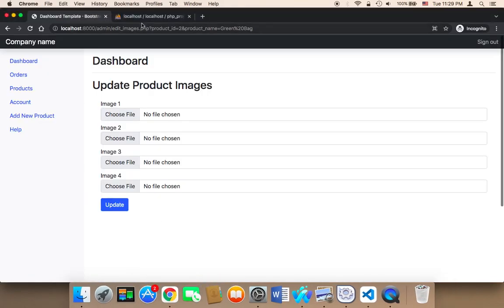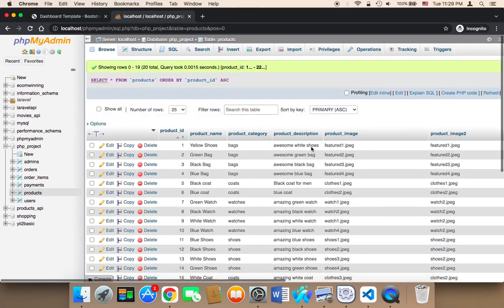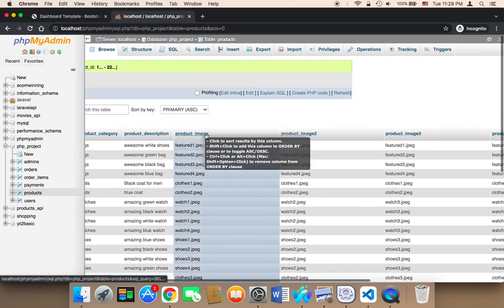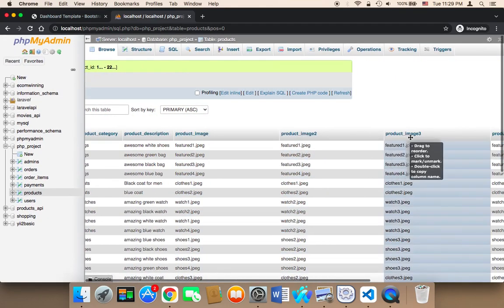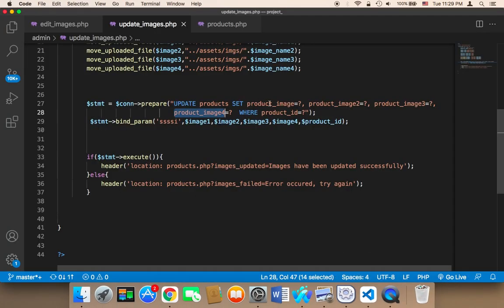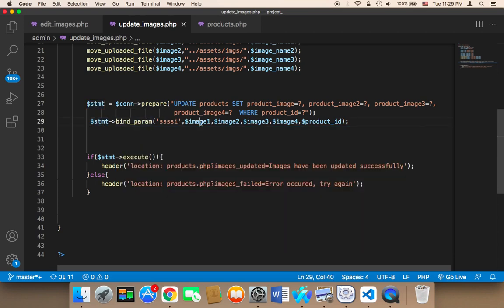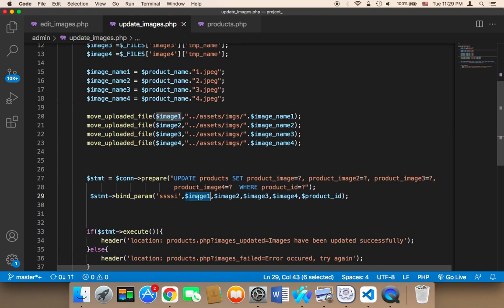And again, the columns are product_image, and then product_image2, product_image3, and product_image4. That's why I'm saying here product image, and then product image 2, product image 3, product image 4, of course with underscores in between. Lastly, I said stmt bind_param SSSI because I passed here the image